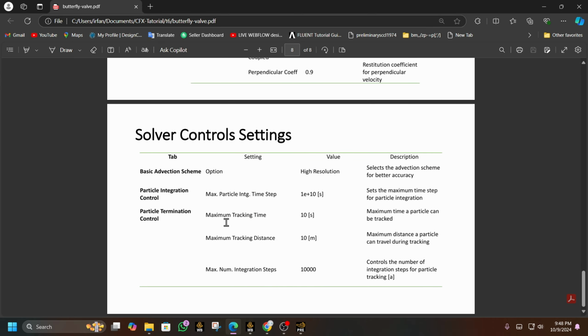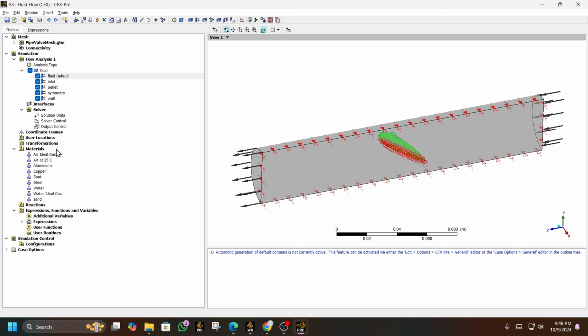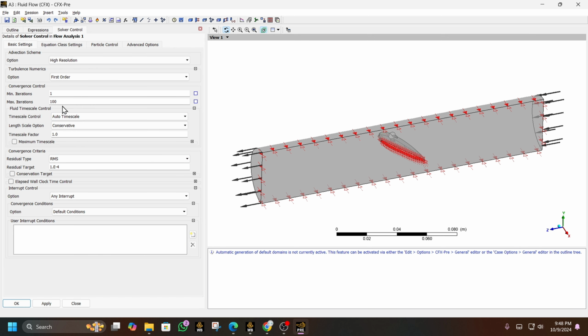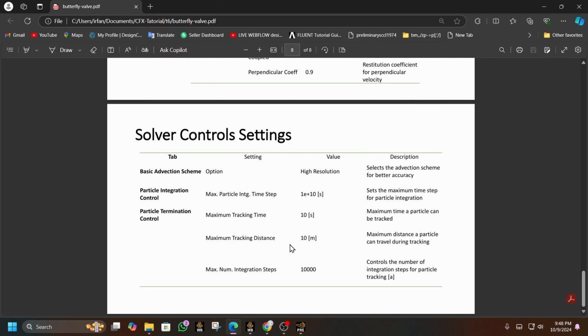Now come to solver setting. Okay, the 100 iterations are fine and minimum iteration set to 10. Also change the target residual to 6, and also you want to make it 300. Okay, so it's fine. Now we have to